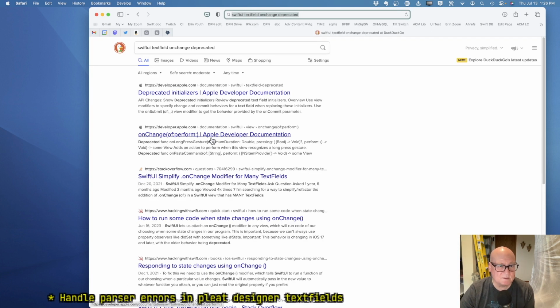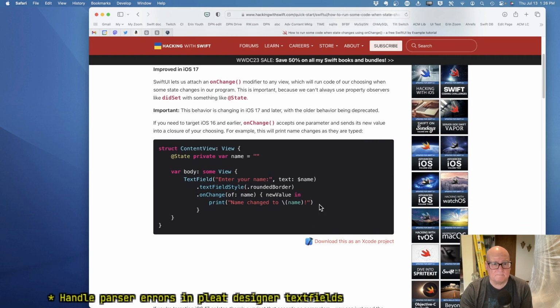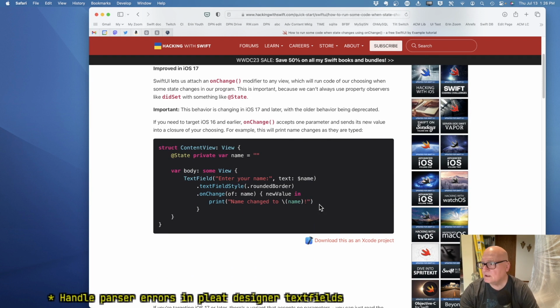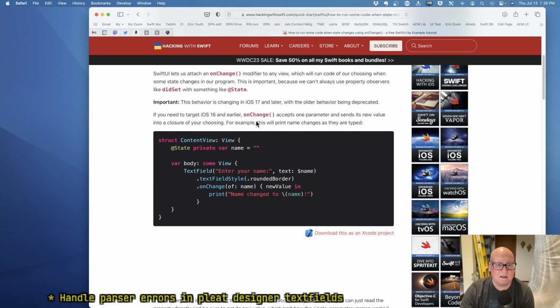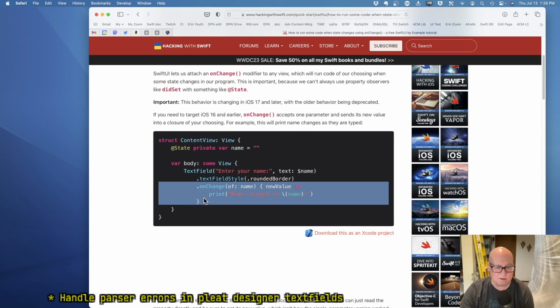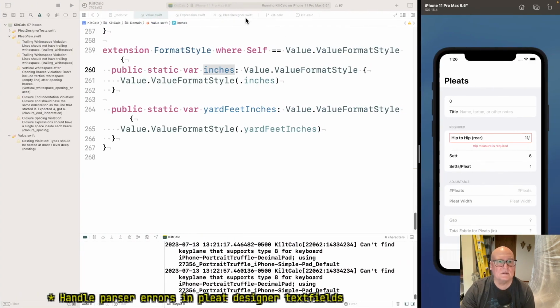Or was on change the one that's not deprecated? Okay, let's try this. I think we're in an experimental mode at this point. What I'm going to do is try and catch the on change, and see if we can do something about it. Okay, so let's get to PleatDesigner.